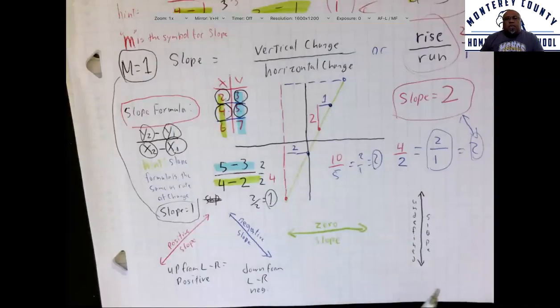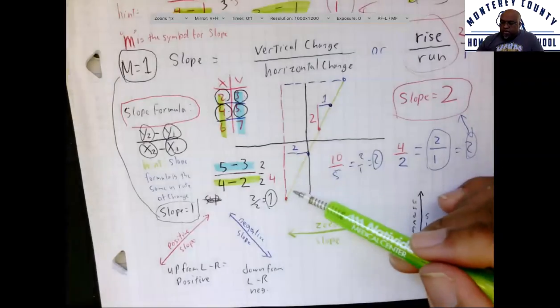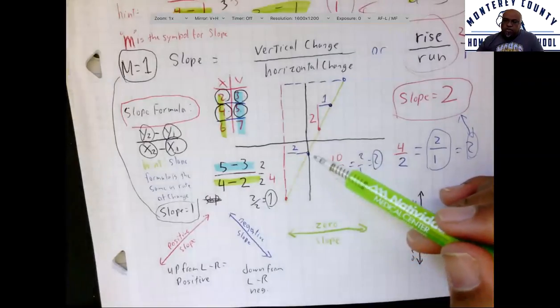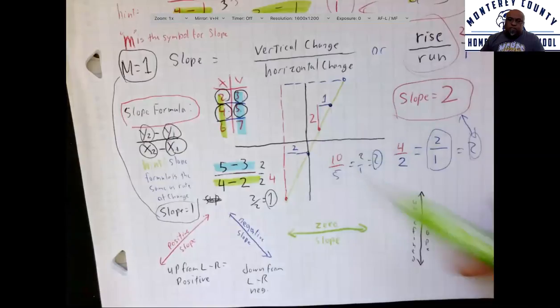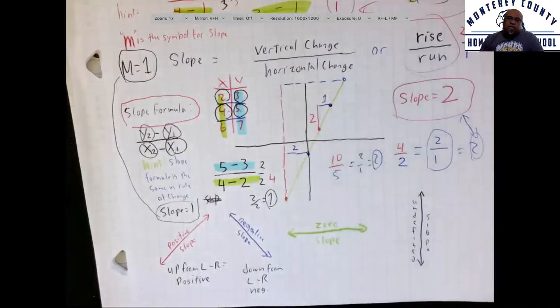Now, keep in mind the word slope is often used to represent a mountain. You know, you're driving on a hill or riding in a car and you see a sign that says slope 6%, which just means the downward slope is the same idea, the ratio of your rise over your run. They just decided to write it as a percent because it's easier to understand when you're driving on a road. So 6% slope, once you've done all of this dividing, would be 0.06 as a decimal, or